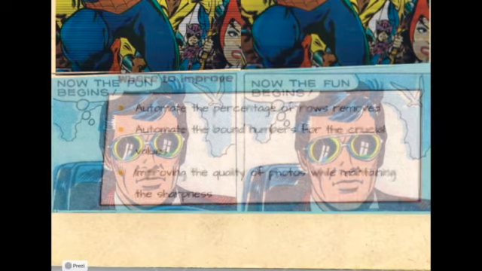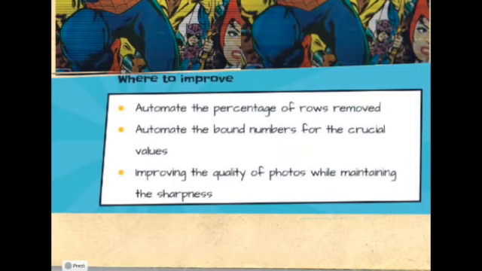To improve this project, as it is clearly not perfect, we will focus on automating the rows removed and automating the amount of the middle area kept. This will give more detailed and better quality results. We hope that improving these images will allow future generations to enjoy comics as